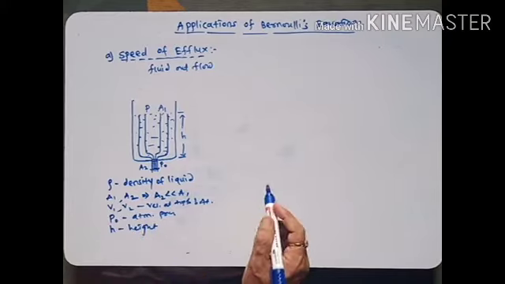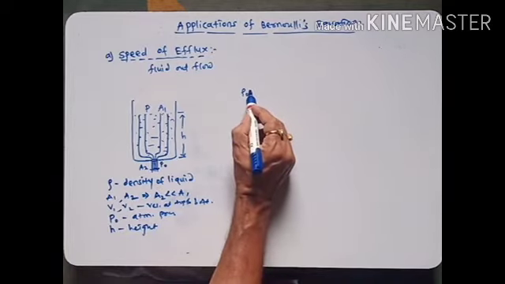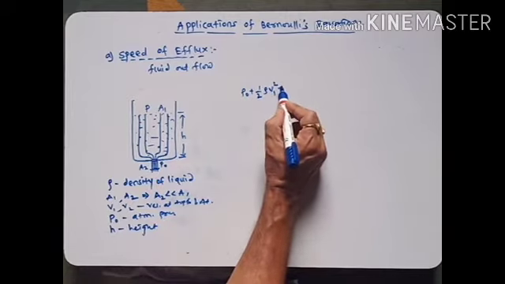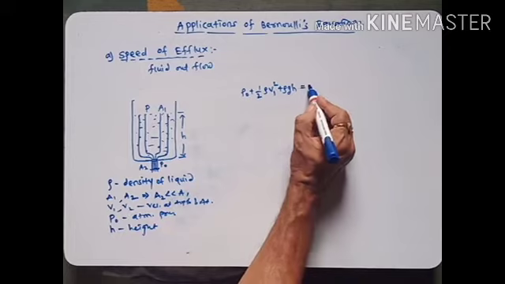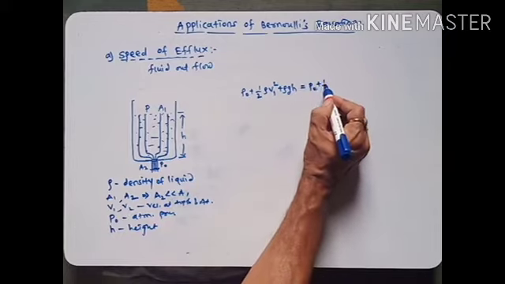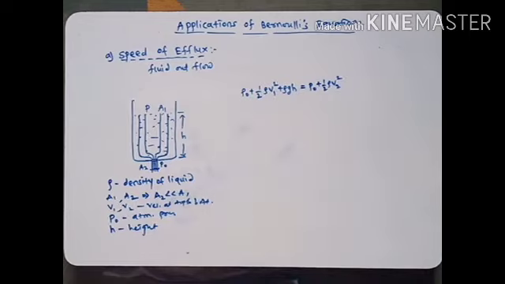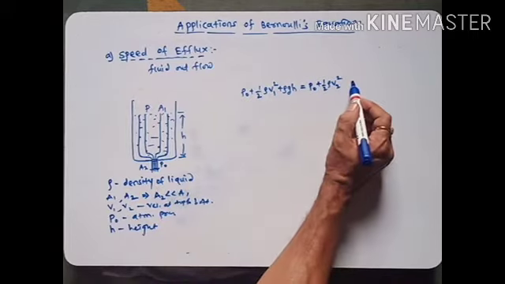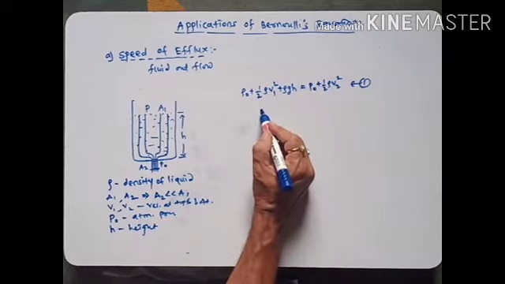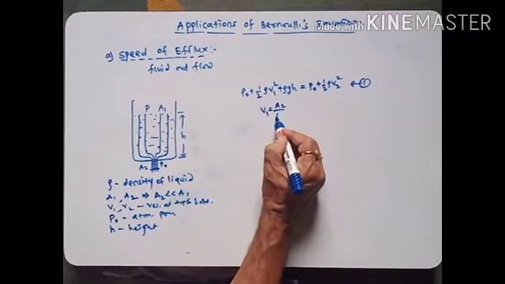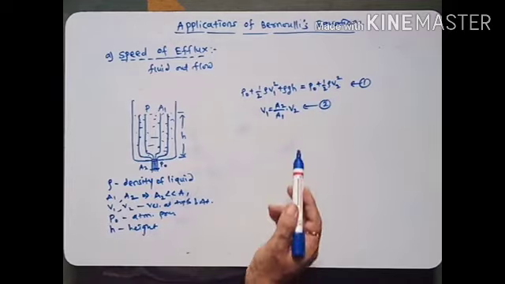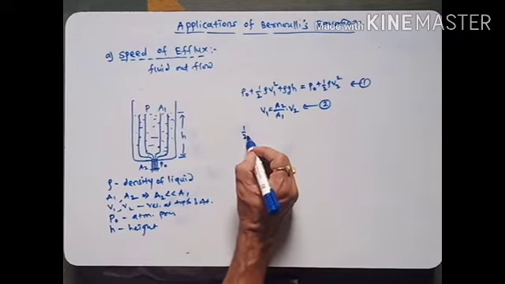Now we write the Bernoulli equation: P0 plus half rho V1 square plus rho GH is equal to P0 plus half rho V2 square, because at the bottom the height is 0, therefore the potential energy is 0. Call this equation number 1. From the equation of continuity we write V1 is equal to A2 upon A1 into V2. Call this equation number 2. Now putting equation 2 in equation 1, we get